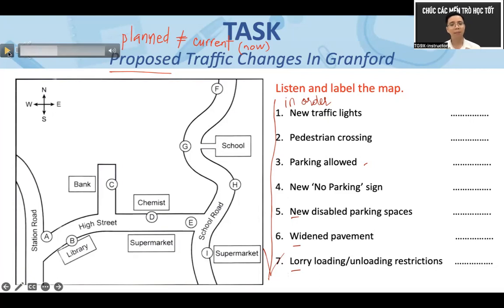Rồi tiếp theo, câu số 5. Especially on the bend just to the north of the school. Ý gì đây? Visibility for drivers and pedestrians, especially on the bend just to the north of the school. Rồi trời ơi, nó đang nói tới cái H đó quý vị. Nó không liên quan gì tới cái H hết đó. Nó chỉ là không cho đổ ở G để improve cái visibility for the drivers, tức là cho tài xế dễ nhìn, đặc biệt là ở cái khúc cua. Chứ không phải là đặt cái biển ở ngay khúc cua, cho nên không phải là H đâu nha.